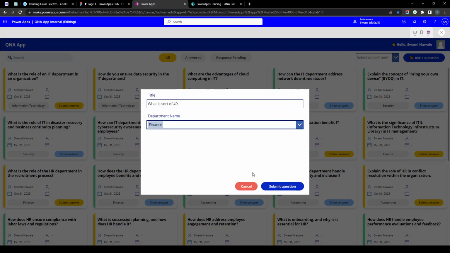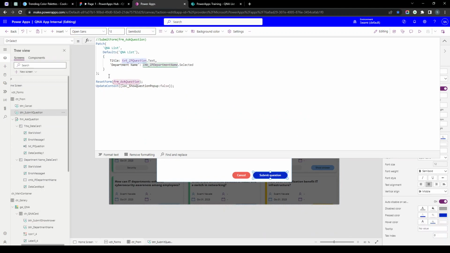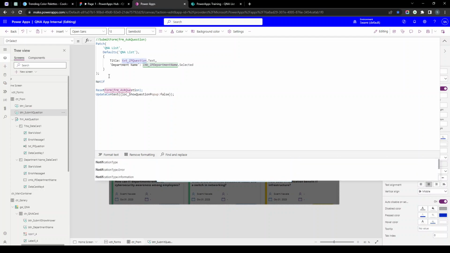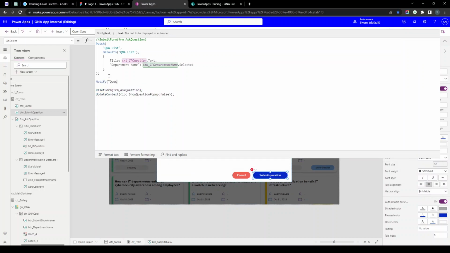And what we want is to give a notification that your question has been submitted. For that we have the Notify function in Power Apps. So what we will do, we'll just put Notify, and the message: question submitted successfully,